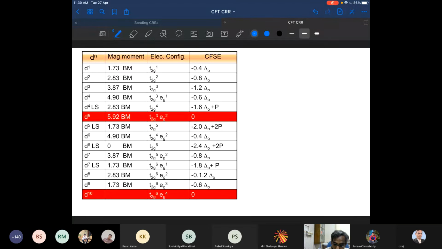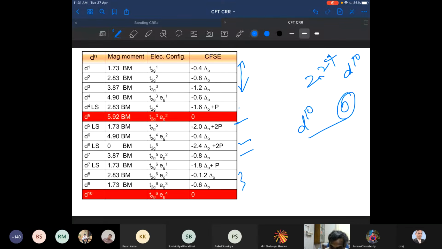As I already mentioned, for d1 to d3 we don't have low spin and high spin. No problem, don't bother about the magnetic property now. I will come to this later on. Then we are talking about d4. There you will have the low spin and the high spin complexes, and then d5, d6 and d7. Of course, d8 and d9 don't come. For d10, obviously you will have 0. Zinc 2 plus is d10. Crystal field stabilization energy is equal to 0. There won't be any impact on that, so we don't consider zinc 2 plus there.